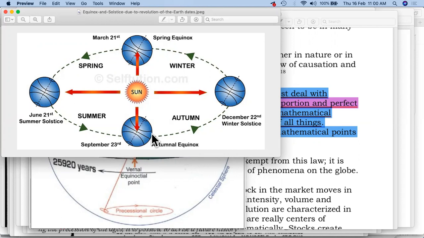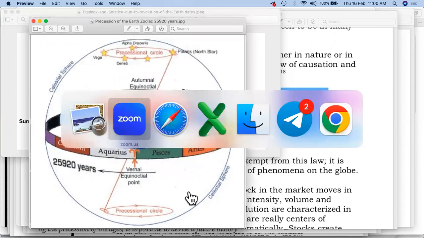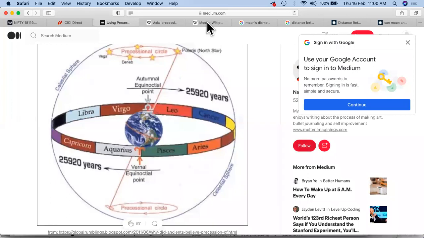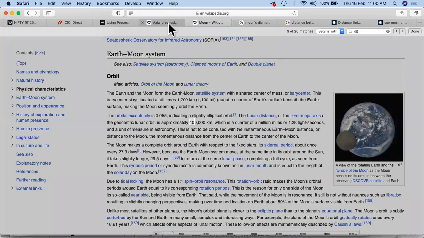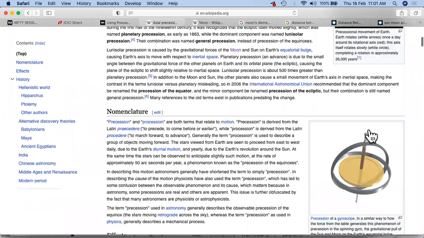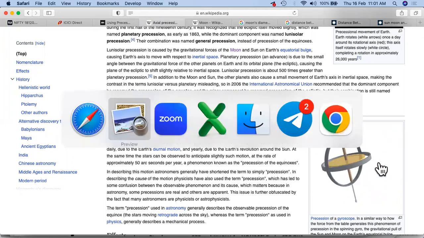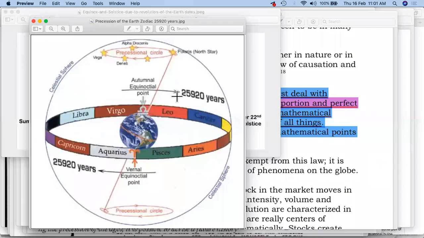There's one more movement which has been happening, and that is called the precession of the equinoxes. Now, what is this movement? Let's go through a small detail, which would probably make things easier. Let's say, for example, this is the Earth. The third movement is it keeps on wobbling around its axis. If we consider this the North Pole, it keeps on moving like this, and this cycle takes somewhere around 25,920 years.